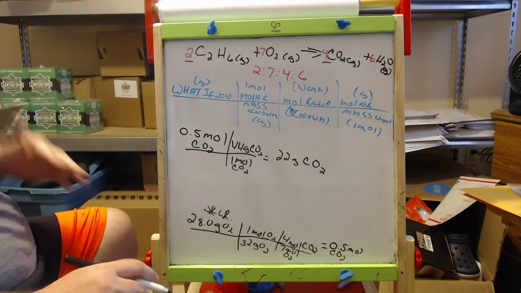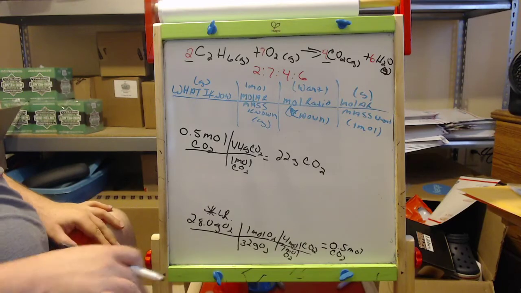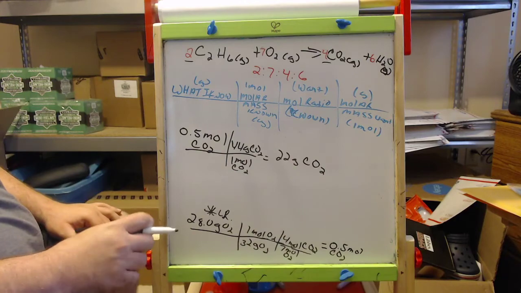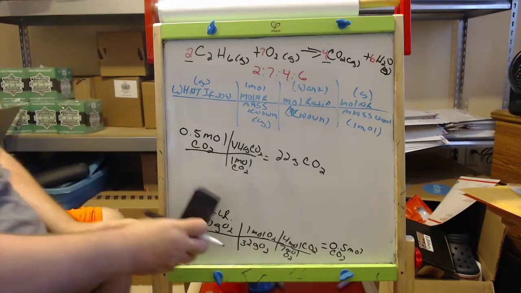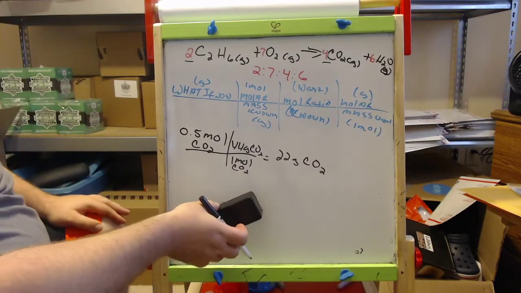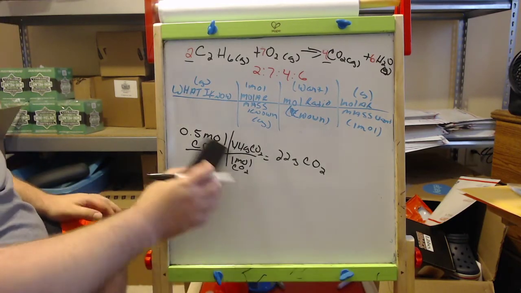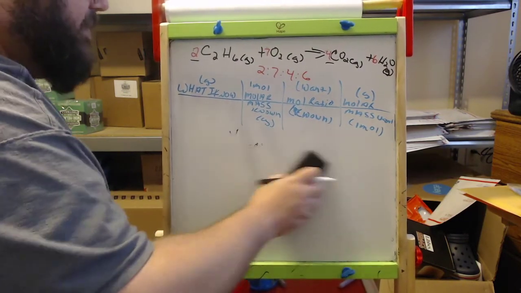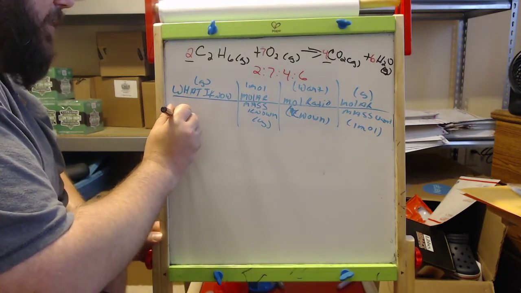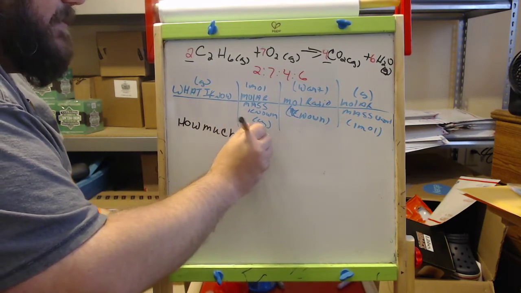Now I want to find out water. You start with this and go through the process and find out how much water. Except now your ratio is going to be 7 oxygens to 6 waters and so on. Okay, I'll leave that one for you to do. But there is one more I want to show. So oxygen is our limiting reagent. I believe I said we're starting with 28 grams of oxygen. What if the question asked, how much excess